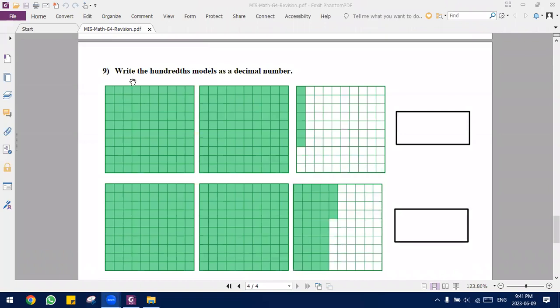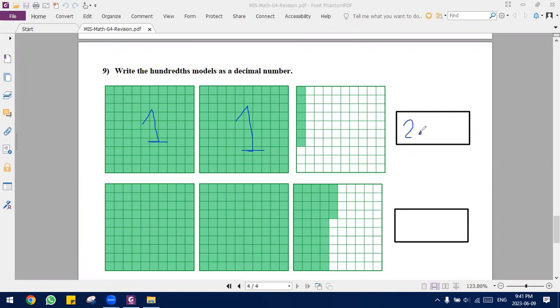Okay, now here, write the hundredth models as decimal number. So here we call it hundredth model because as you can see here, we have 10 squares, another 10, another 10. Each column has 10 squares and I have 10 columns. So this is 100. We use it to make the decimal of the 100th, okay? So here we have the first one, all of it is colored. This is equal to 1. The second one, all of it is colored. This is another 1. So we have here 2